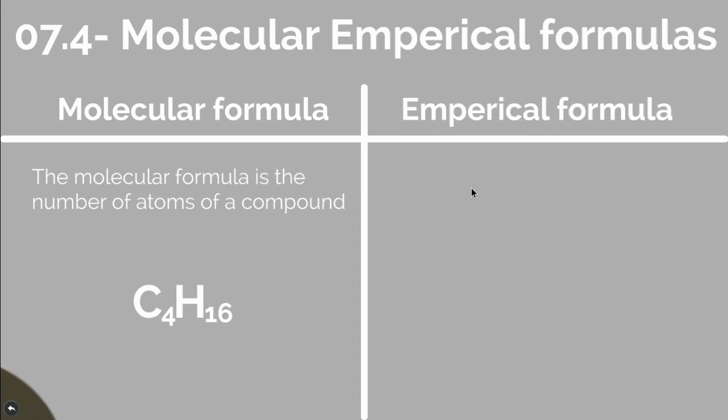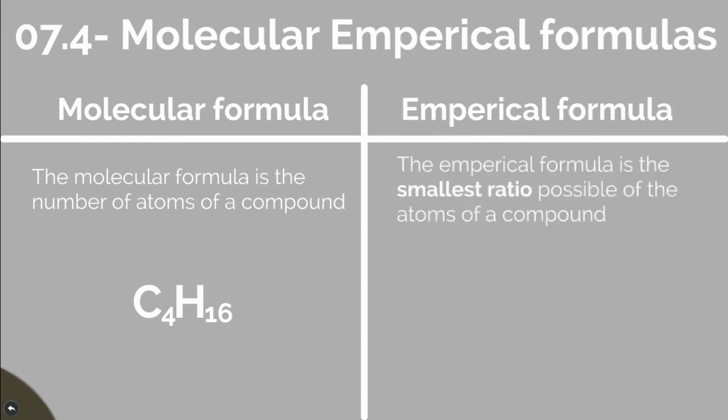And now the empirical formula is a little bit different from that, in that it's not a real compound, but it's really just the smallest ratio of numbers that are possible for all of the atoms of a compound. So if we were to take this molecular formula of C4H16 and make an empirical formula out of that, we would need to take our numbers and in a way factor them. So 4 and 16 are both even numbers, so you can divide by 2, or you might realize that 4 and 16 are both multiples of 4. So if we just take each of these numbers and divide them by 4, we get the new formula of